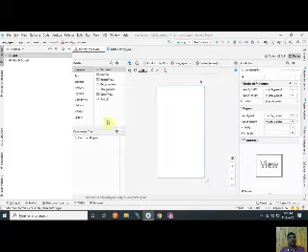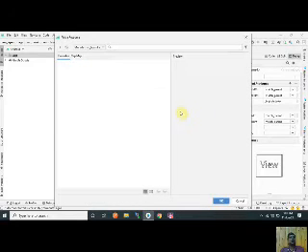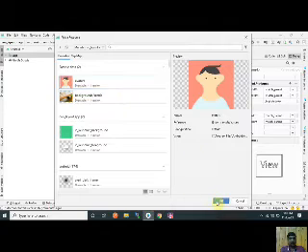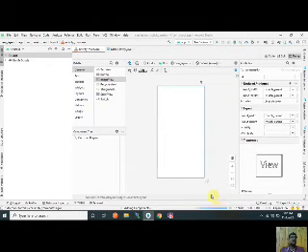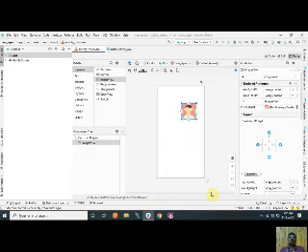So first we insert the image view, that is the first component. I choose a default picture for the image view. Now this image view is inserted into this layout, but these are the constraints of the layout, and these are the size of the layout.